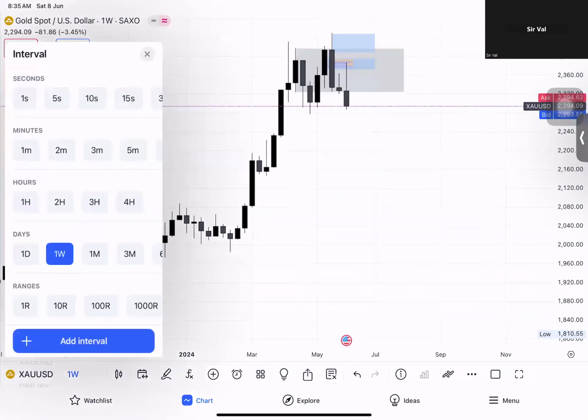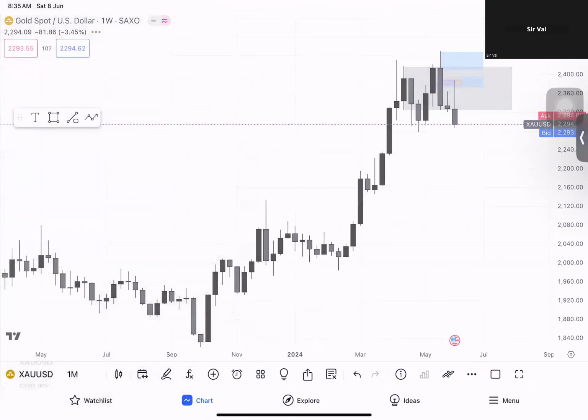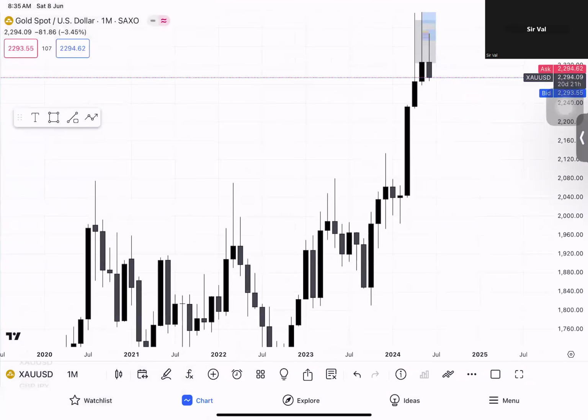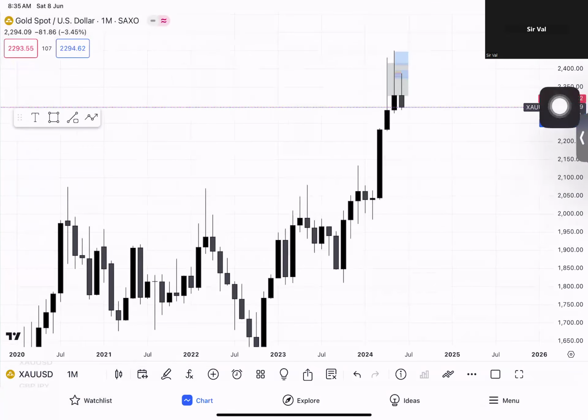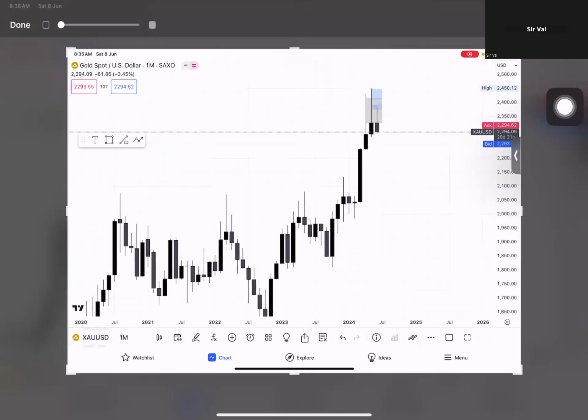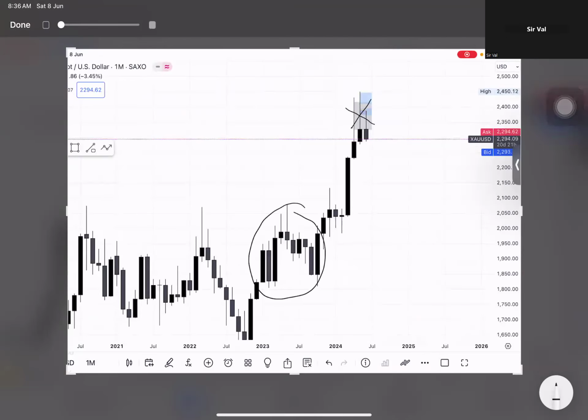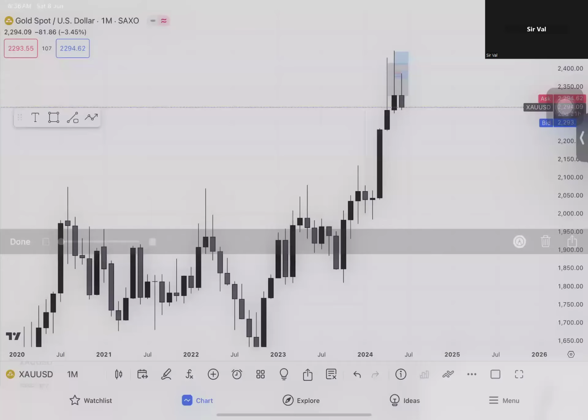I'm just explaining here because here there is just history. For monthly, we didn't have any history here. There was no engulfing buy or sell, right? So I will explain here.